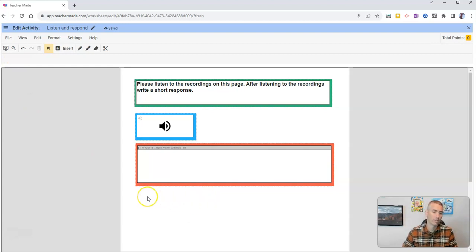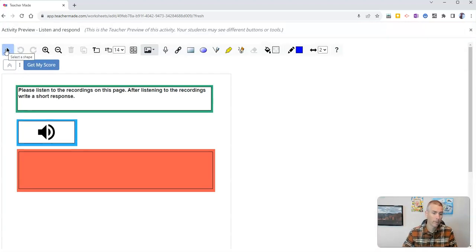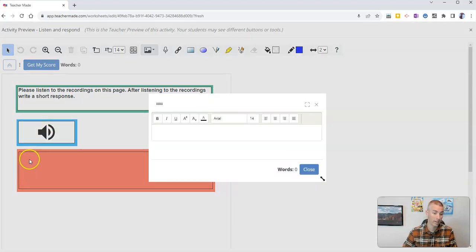Now, if I want to preview this before giving it to my students, I can simply click on the preview button, and we will see here, there's the directions, there's the audio. Students just click on that audio button, and then to type a response, they just click on that open box, and they can write the response and